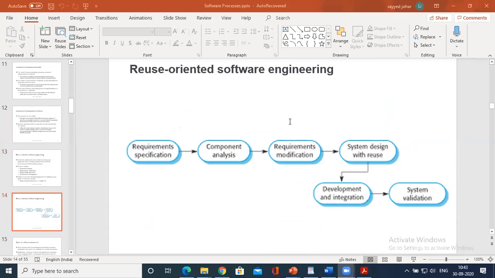We never ignore software reusability. It happens formally or informally when people are working on a project and they know a design or code that is similar to what is being required.